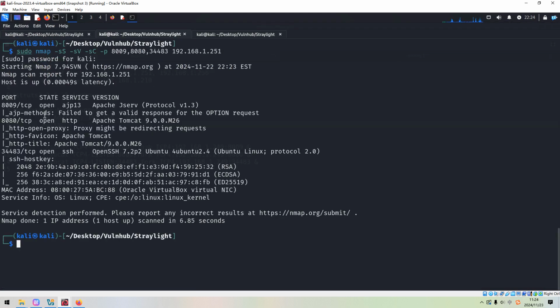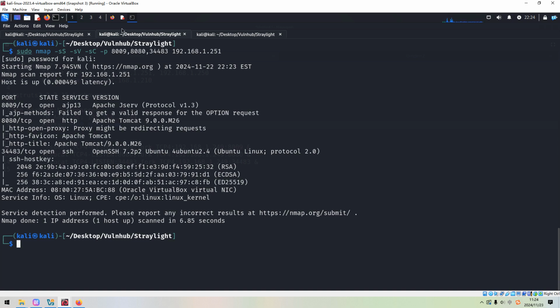Okay, it's done. Now we have already identified the service information for these 3 port numbers. 8009: it failed to get a valid response for the OPTIONS request, so maybe this is not accessible properly. The next one is 8080, Tomcat.